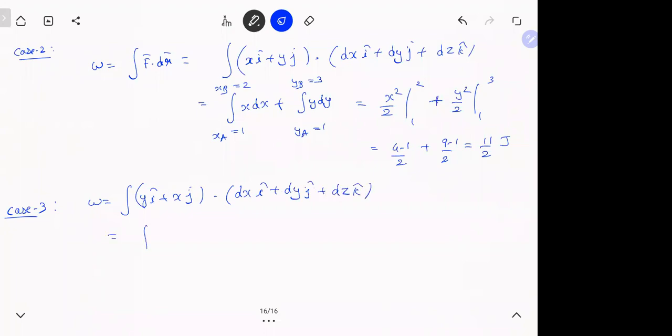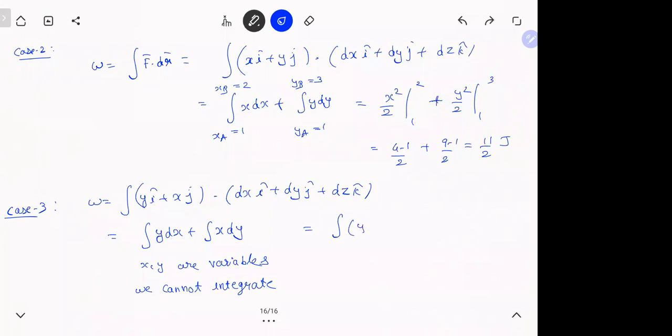So when you integrate this, you get integral y dx plus integral x dy. Most people make a common mistake: they'll write y into x plus x into y. Blunder. You can't do that. Here y and x are not constants. Here x and y are variables, so you can't take y and x out of the integral. But there's a way to do this. You don't integrate them individually, but together something happens.